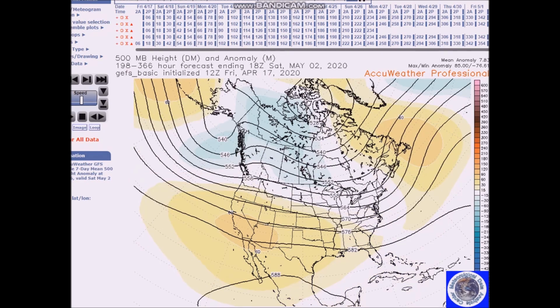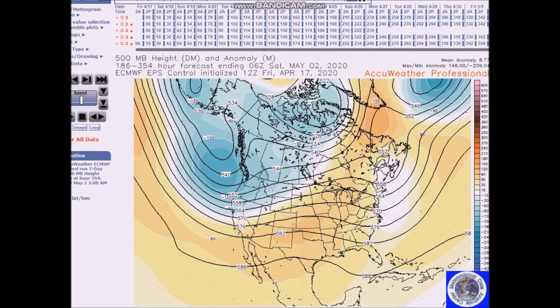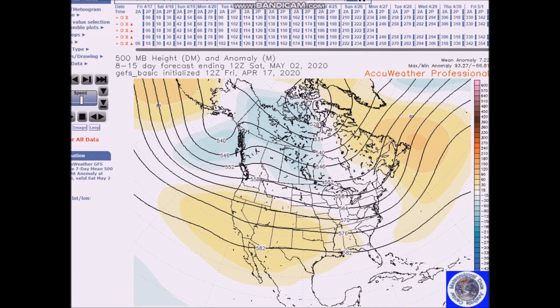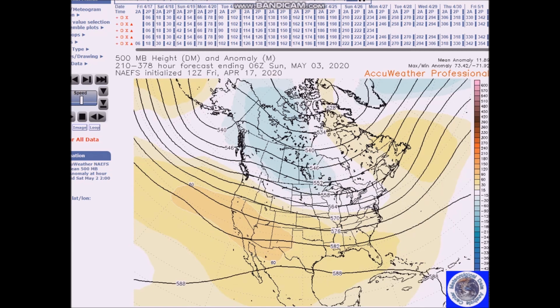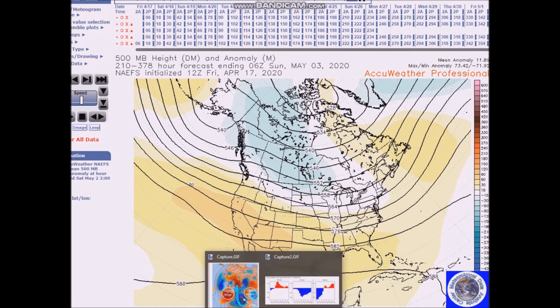So what I'm going to say is, for this period, as a compromise, because some of the models, here is the GEFS and then the NAEFS, they're a little different. So for this forecast period, I am forecasting